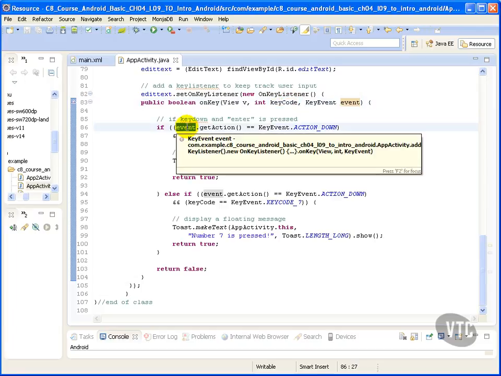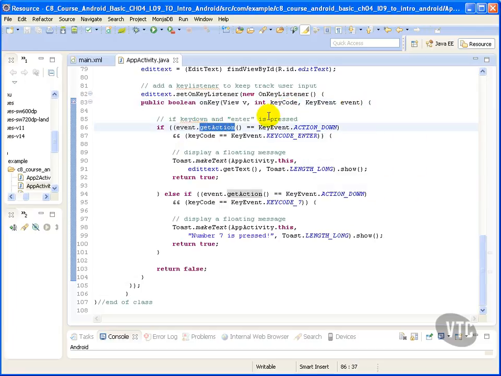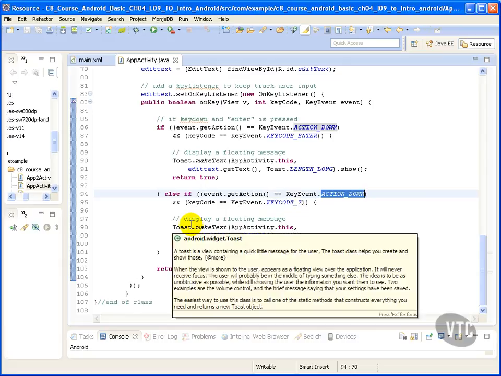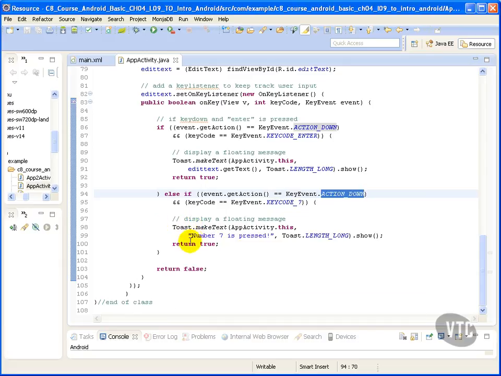When there is an event fired, I call getAction and I compare it to if something is being pressed down. If it's a key code of enter, meaning if enter is being pressed down, then I'm going to display a floating text. If I press the key 7 and the action is down, I display a floating text saying number